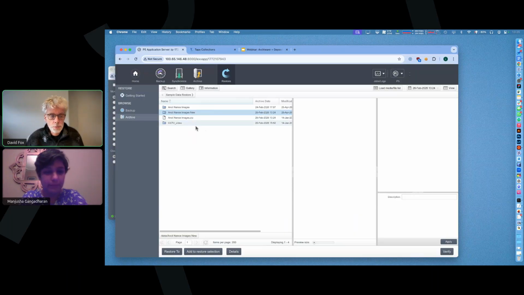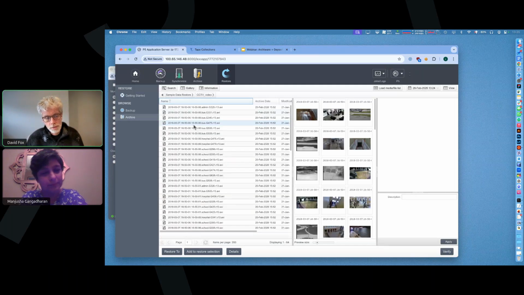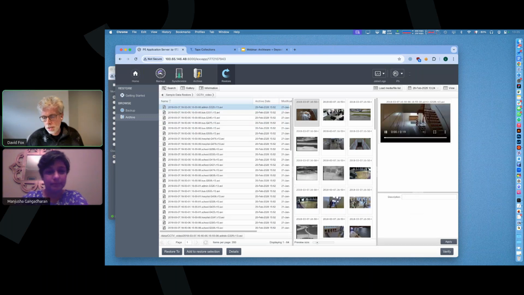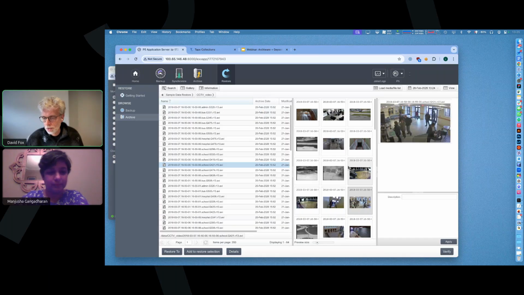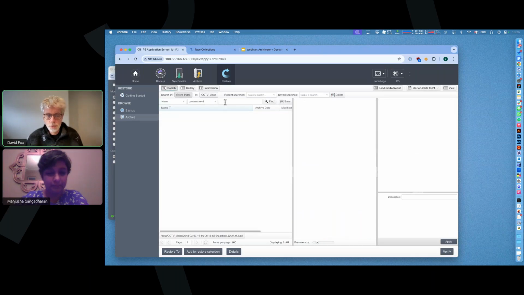And each folder that's been archived, if I go into this CCTV folder, we'll have a list of files within that folder that you can see scrolling here. And then we have thumbnails, and we have a playable proxy, in this case of just the first 20 seconds of these surveillance movies that we've archived. So from here, I could make a selection of specific files that I wanted to archive. I could maybe do a search for file names that contain a word,